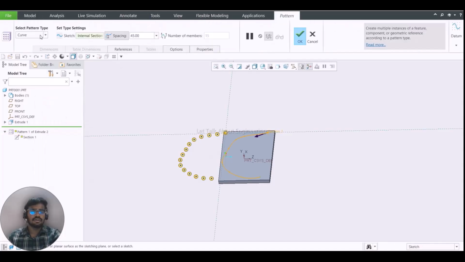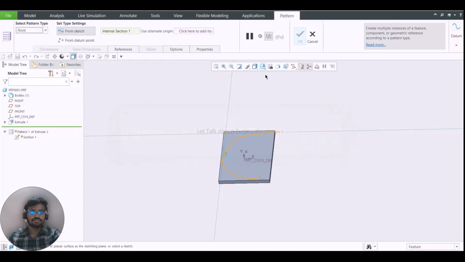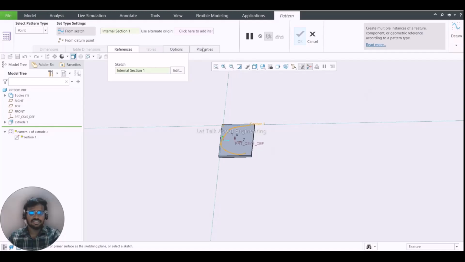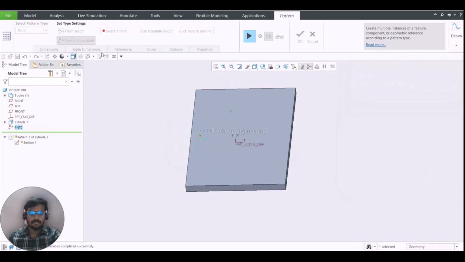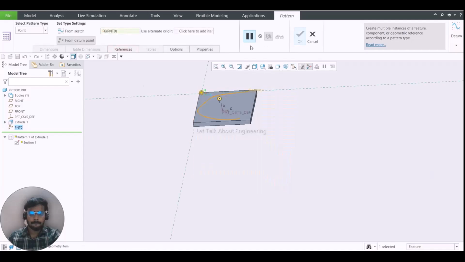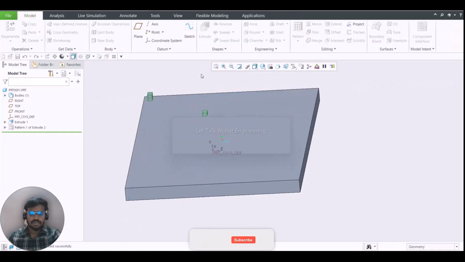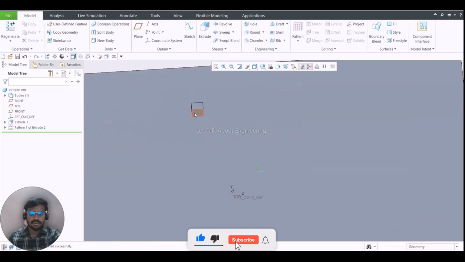Then we have a point. For that, I think we don't need this sketch. You can select this from datum and then click here and click this, select this and select this, and then click OK. You can see that the geometry was created here. Okay,